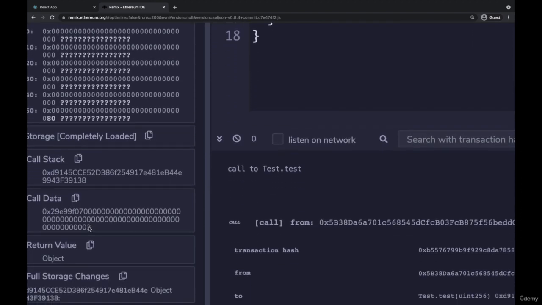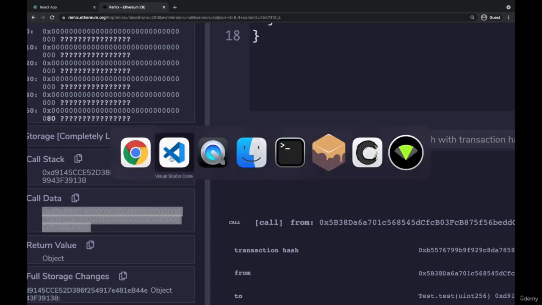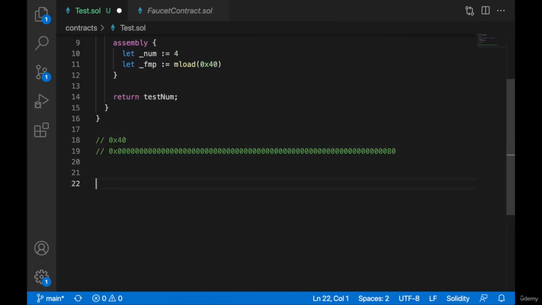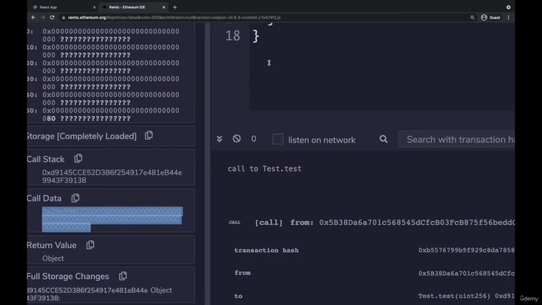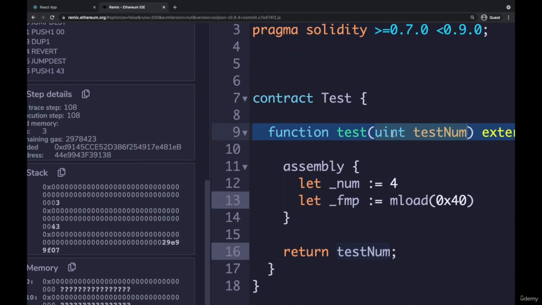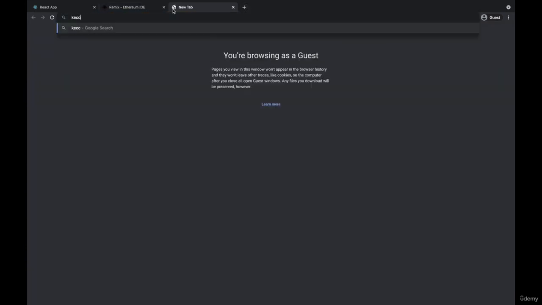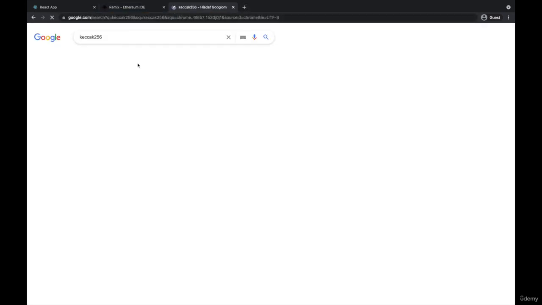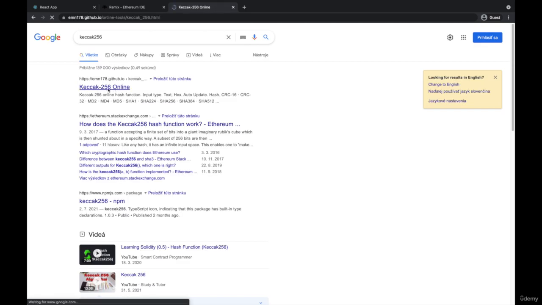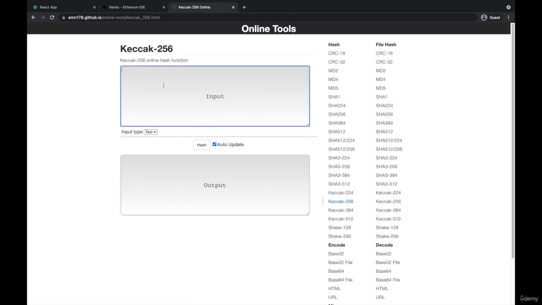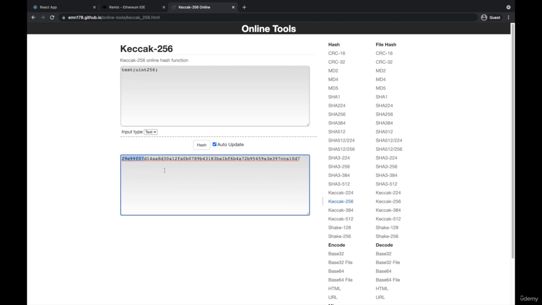Okay, so we can copy it somewhere here. Let's copy it and paste it here. Okay, and now let's encode your function. We have a test function expecting a uint256. I will go to uint256. Okay, and let's get here the input of, we are calling it just test, right? And uint256, this is the value, right? Copy the first 4